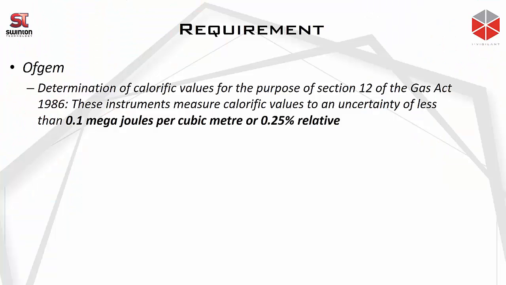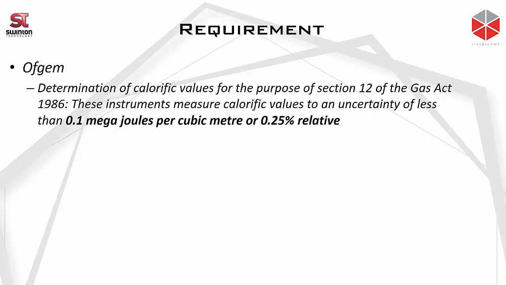So we have the standard that specifies all that, but I'd like to talk a little bit about the risk associated with this bias. Basically, what does it actually mean when we don't implement the multi-level calibration in terms of the error that we are actually looking at? So first of all, some of the requirements. This Ofgem document here is